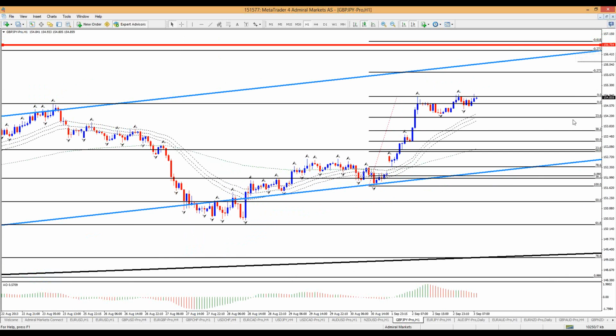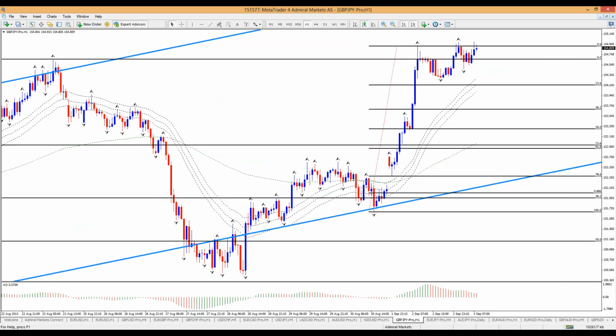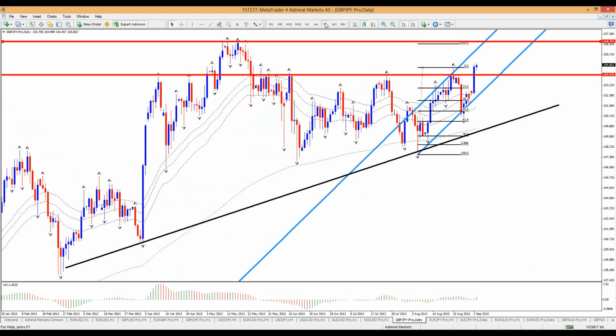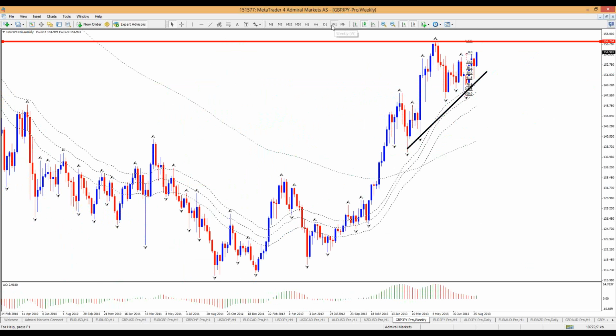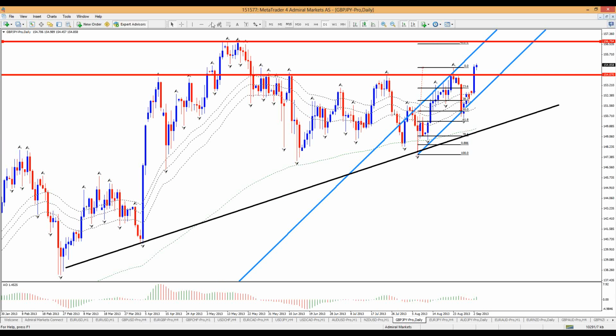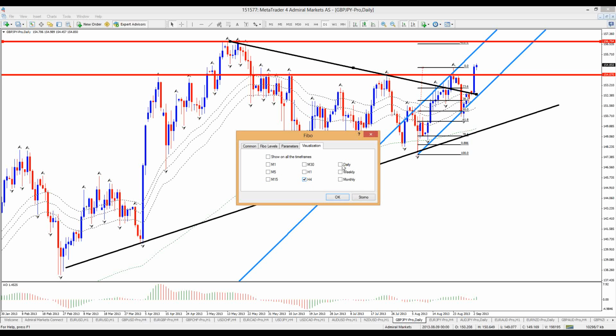You can see that minus 618 target of this smaller fib, of the 1-hour fib, is lining up with this 272 right here. Okay. So with that said, is there anything else I still want to mention to you? Well, I think it would be good to look at the dollar yen, because we're talking about the double top as a target, but in fact, this was a wedge, right? If you connect the bottom and if you connect the top, this was a pretty good wedge, in fact. So if this wedge is breaking to the upside,